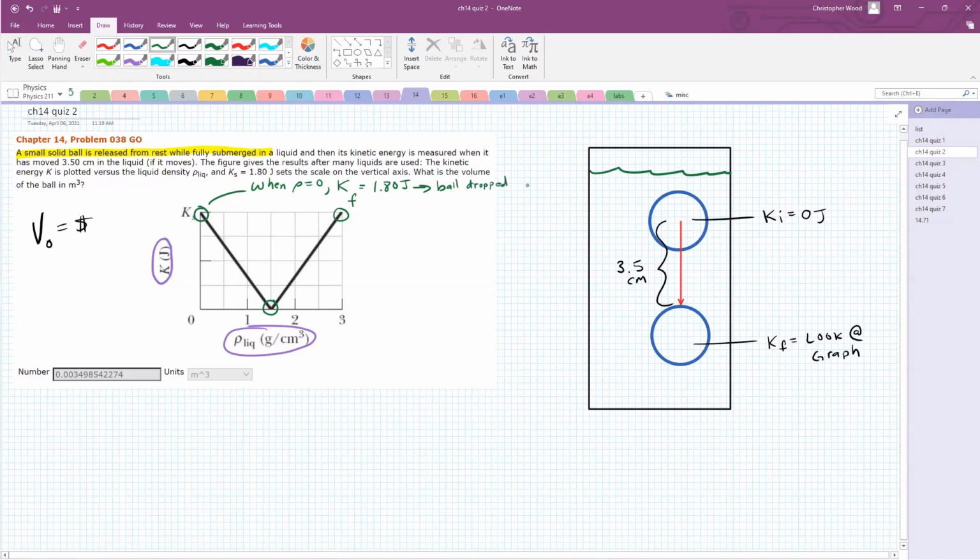What has a density of 0? The answer is a vacuum. The density of air is like 1 kilogram per cubic meter. The density of water is 1,000 kilograms per cubic meter. The density of a vacuum is 0 kilograms per cubic meter, or 0 grams per cubic centimeter. So, this is an aha moment. So for sure, something from the graph results from this. When dropped in a vacuum,